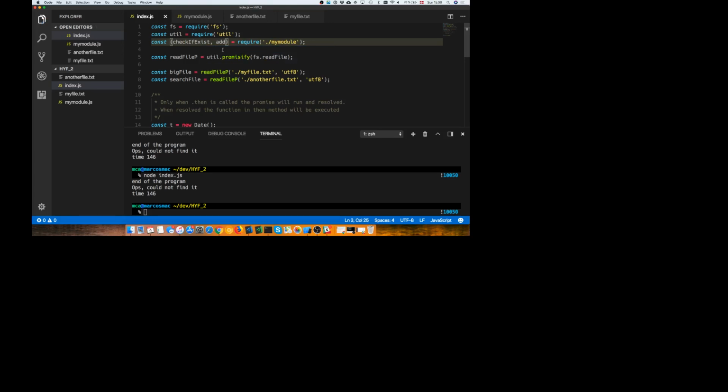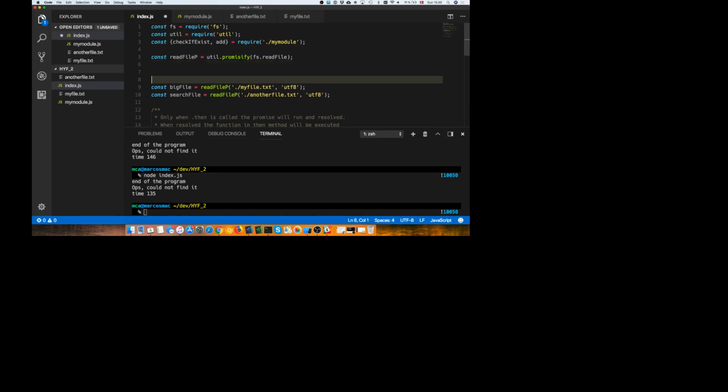Add. So you're importing both, or you can just import one if you want to. So if you see, I can run this again, and I can now also add 2 numbers. So the add function from the module will be add, and then it's 2, 3, 2, 4, and it should say